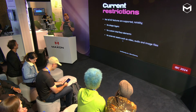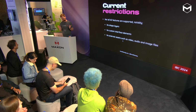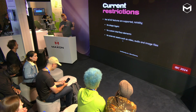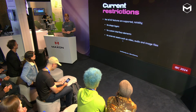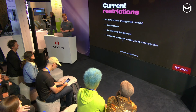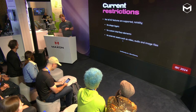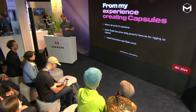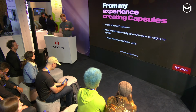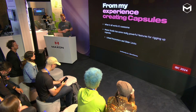But it's a custom interface, so we can't have that right now. But I'm sure these things will all be fixed. And another big one is no external assets, so we can't have our own videos in there yet, sound, image files, things like that. But there's workarounds for most things. So